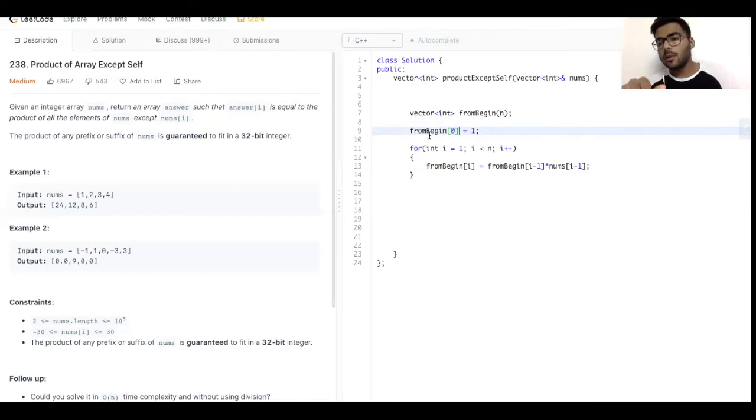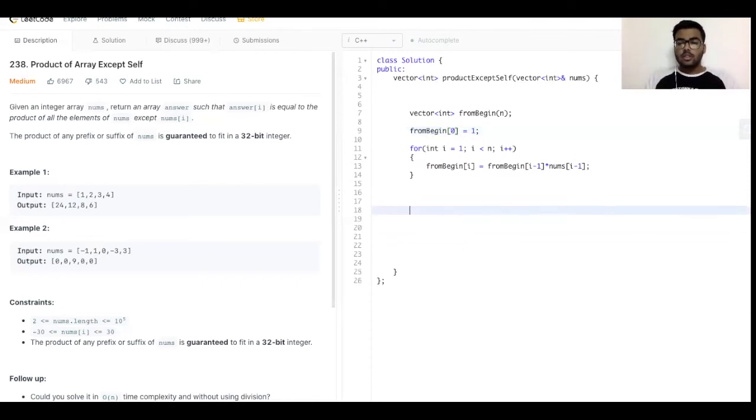If we stored 0 there, the multiplication would become 0 in the calculations we are going to do after the first element. So that's why we're taking 1 at the first place, and then multiplying the previous prefix product with the previous element, so that we get the product of all the elements before the current element that we are on.